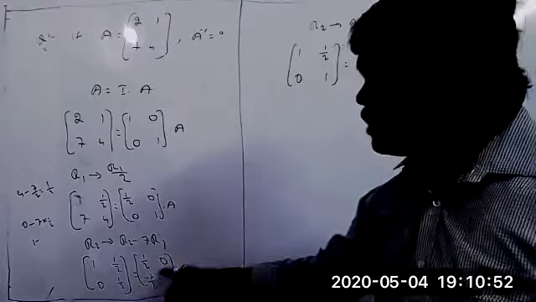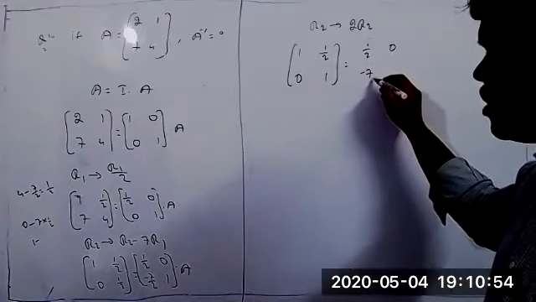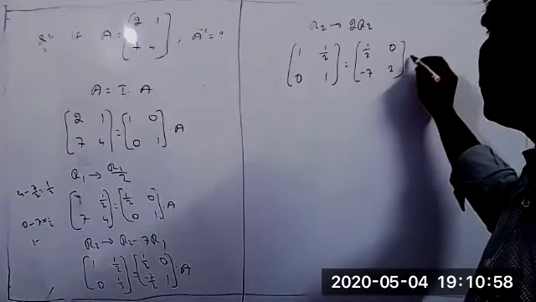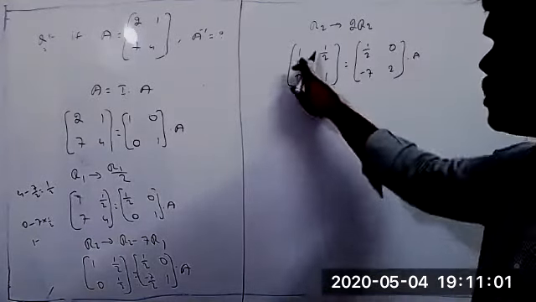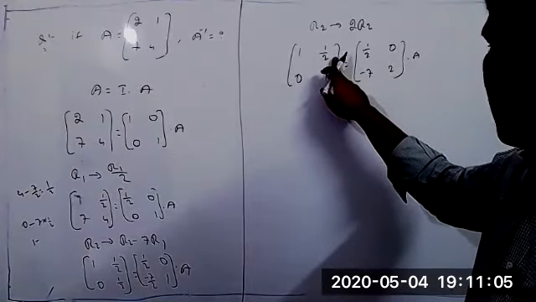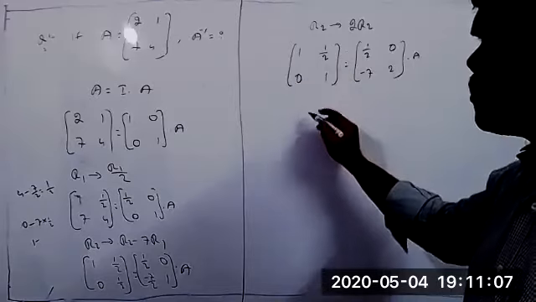Here minus 7 by 2 into 2, the 2 will be cancelled. This is equal to minus 7. 1 into 2 equal to 2 into A. Clear now? So we got 1 0 1. Now this also has to be converted into 0. Then how do you get this? This value is 0 now.